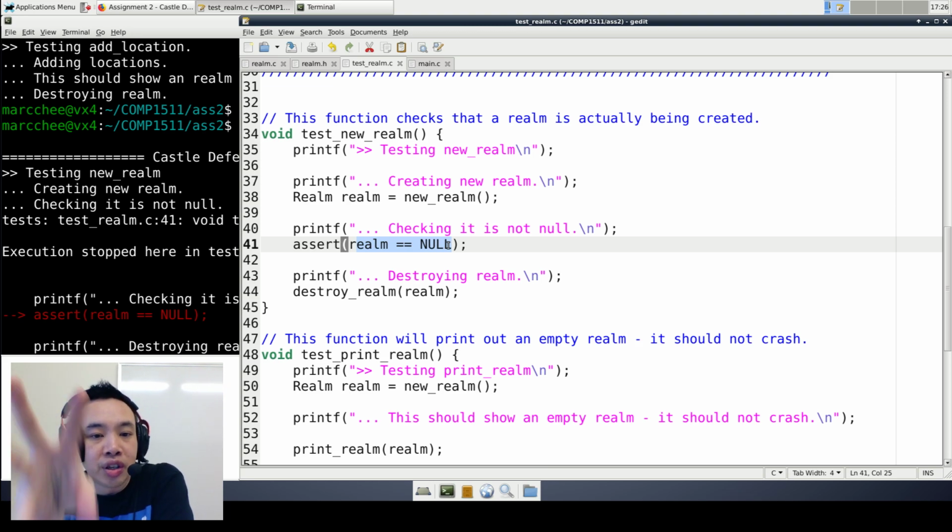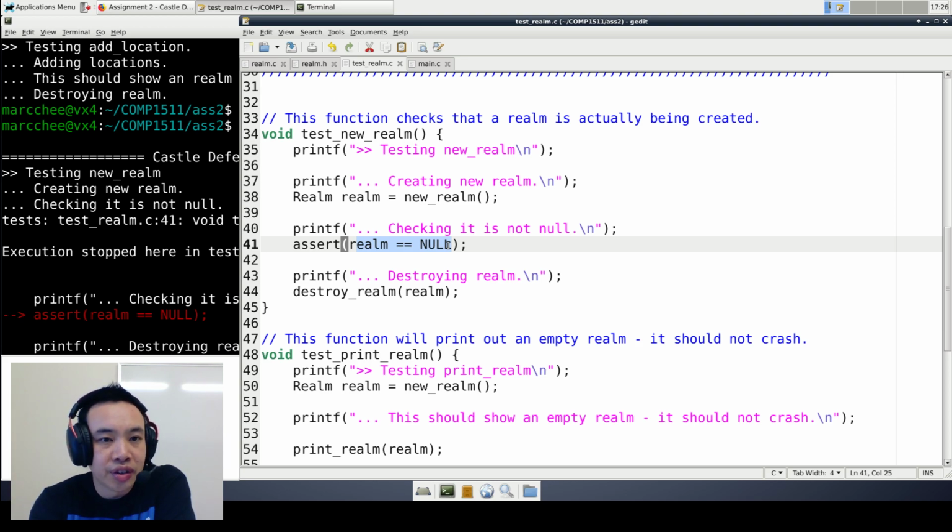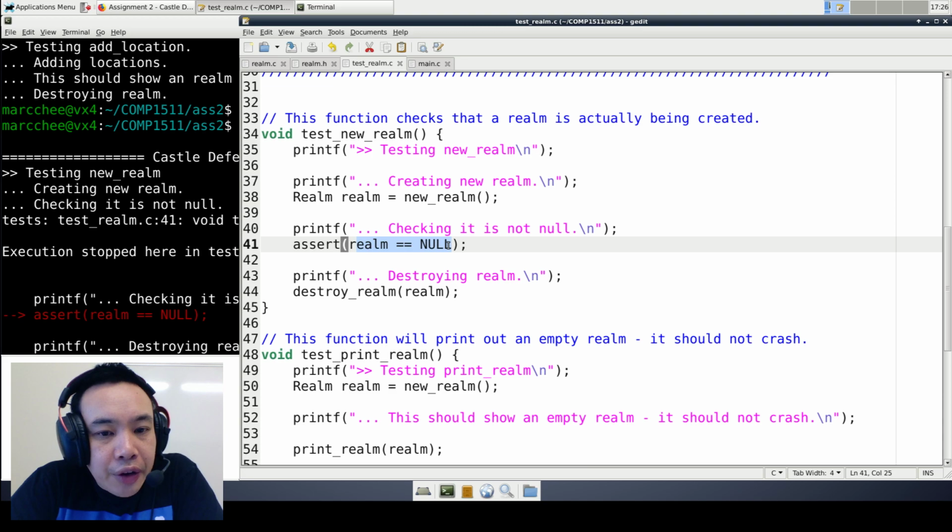You can put your assumptions into your code, and then you'll see if anything goes wrong and those assumptions have not come true. So you can say, I add a location. After I add a location, there must be this location somewhere. So I can assert that that location must be there after I've added it. Obviously, you have to write more code. I'm just paraphrasing it there. But if we have